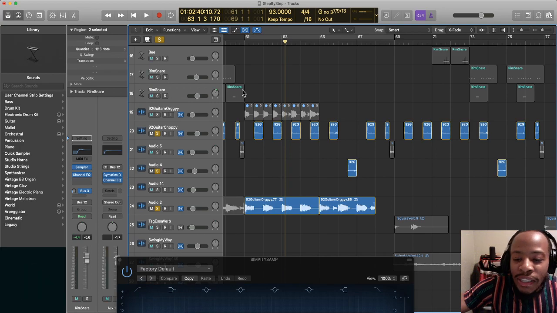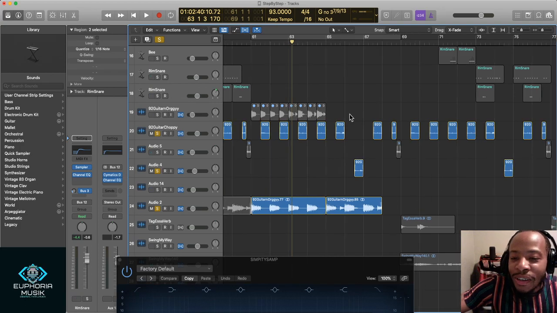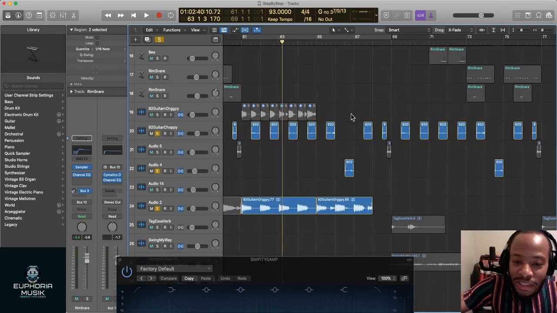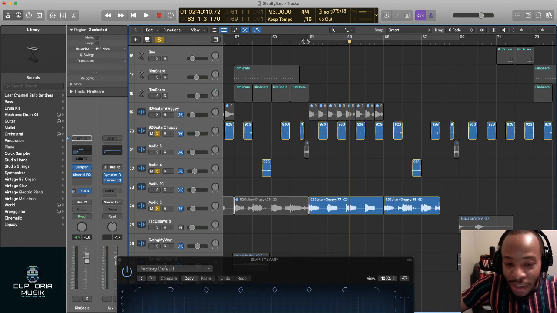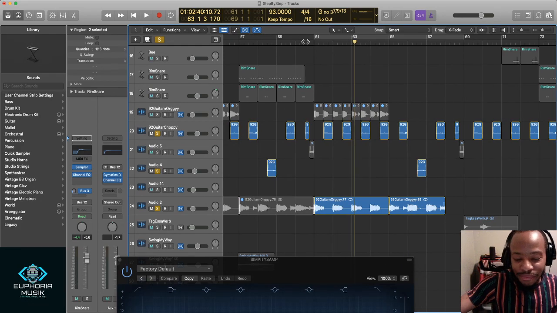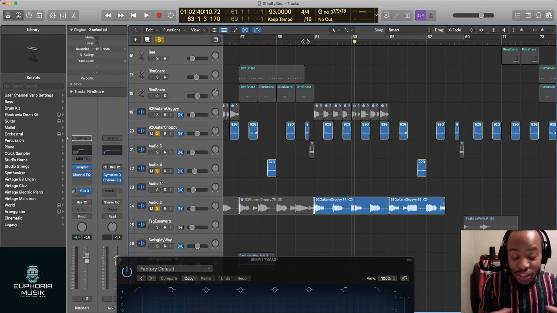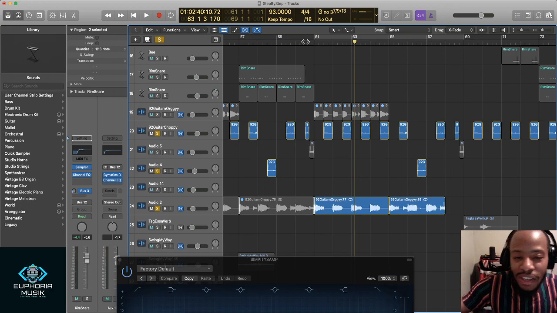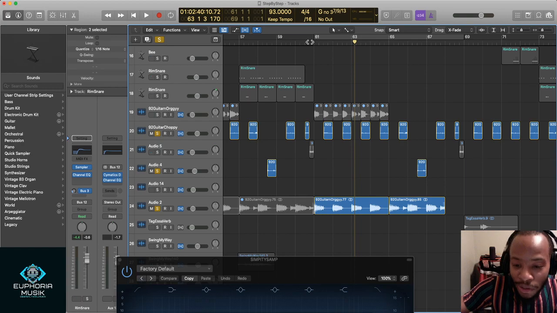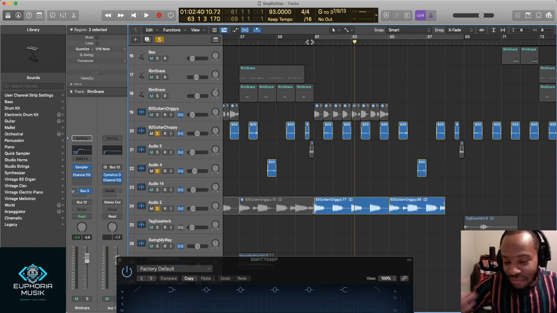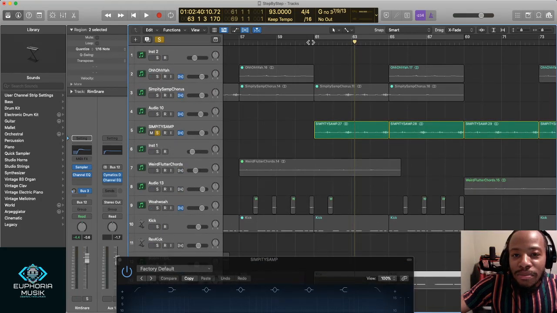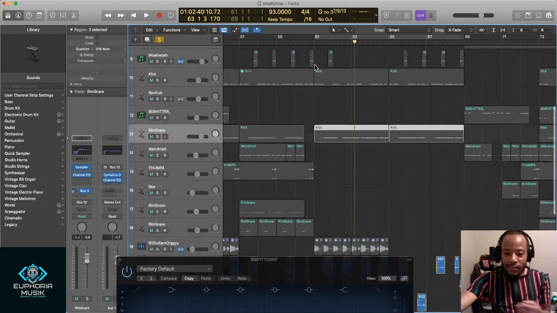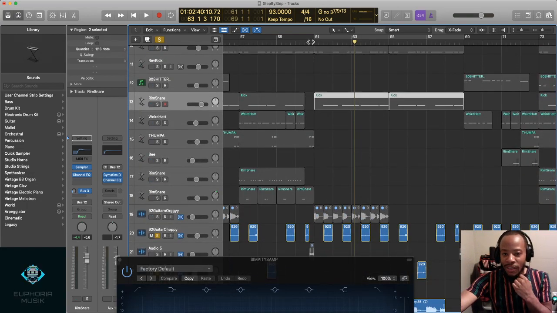So if you can dig in, I'm a plugin nerd. So if I can show as many people the plugins that I like to use and how I like to use them, then I'll do that. That's why I got the support from Isotope. It's just literally by knowing that this is what I want to do. This is kind of where I've been at. Mixing and music production, as well as sound design, has always been my thing. Plugins have always been my thing.